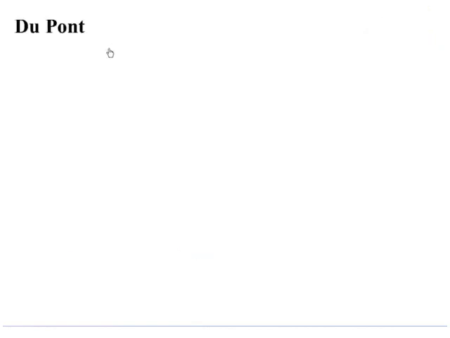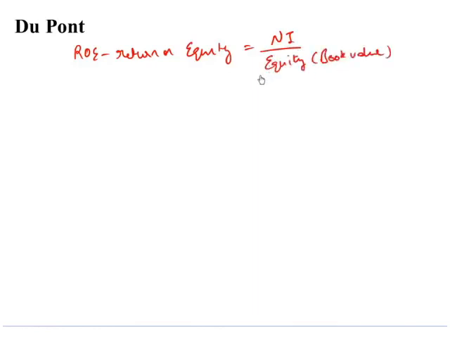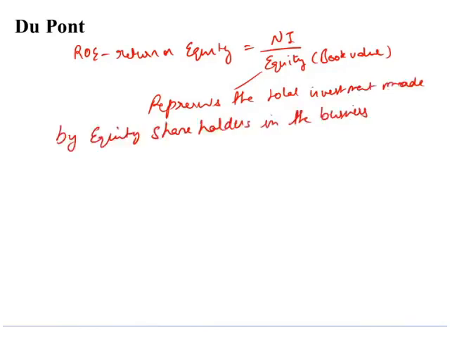So of the many ratios that we studied in the previous review, one ratio that is of great concern to the shareholder is the ROE, also known as the return on equity. The return on equity is calculated as the net income upon the shareholder's equity, also known as the book value. The shareholder's equity represents the total investment made by equity shareholders in the business. And please recall that the net income all belongs to the shareholders. So ROE essentially is the return that the shareholders are getting for the money that they have invested with the